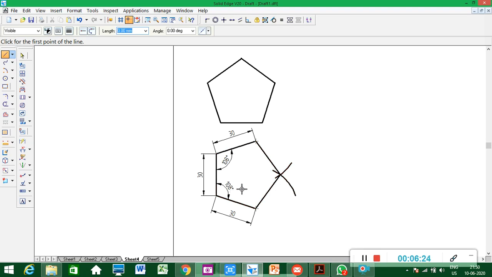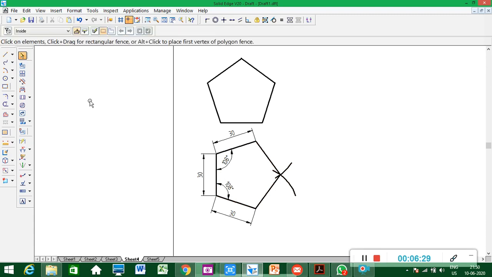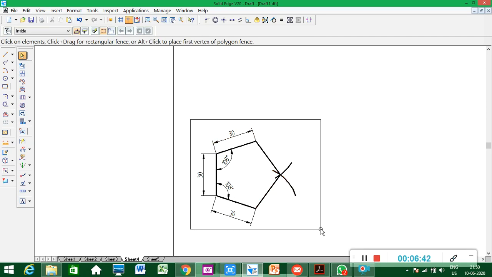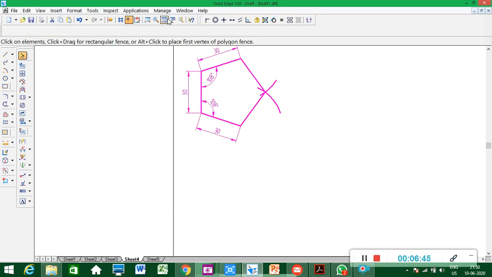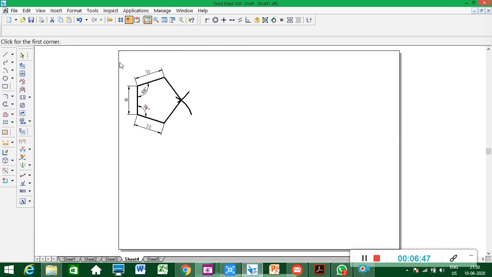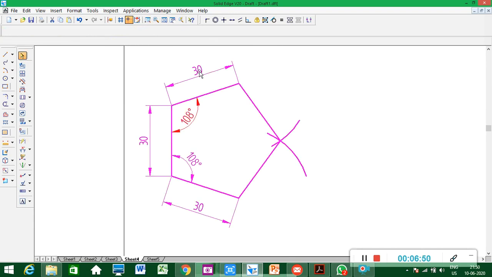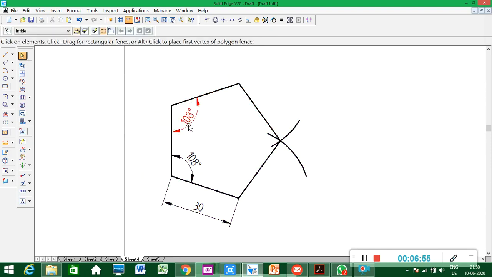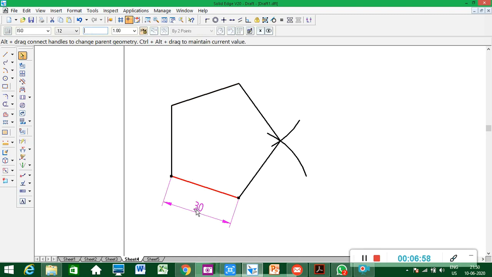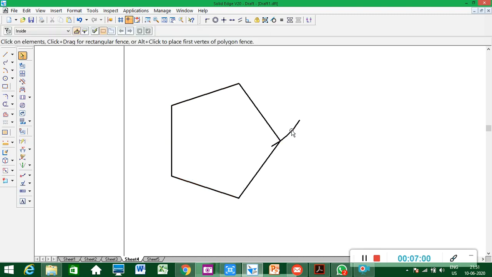Now don't show the angle, it is not necessarily required. So this is the way you have to draw. But now I'll use this one only. On the computer you have to draw this one, then rotate as per the requirement. So I'll use the second one only, what you have drawn manually. I'll take this above. For timing I'll remove all the dimensions now. Arcs also I'll remove. So this you have drawn manually.